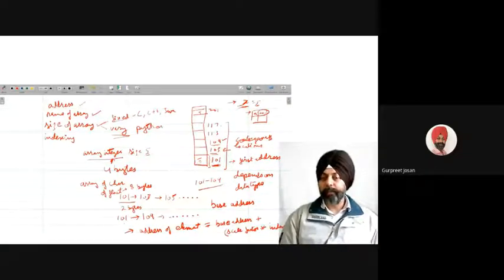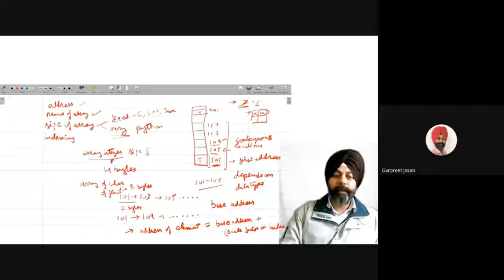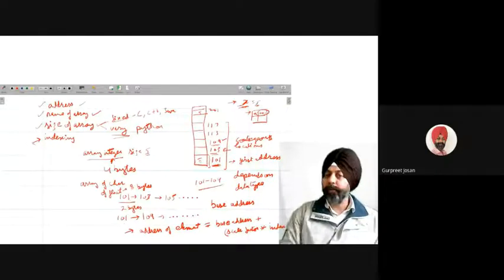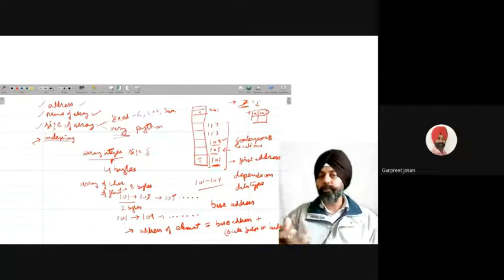Now the element at the first location is given, third is my indexing. So I know the name of the array, I know the size of the array, I have an idea about the address of the memory location, and my last point is indexing. How to refer to the elements of the array?